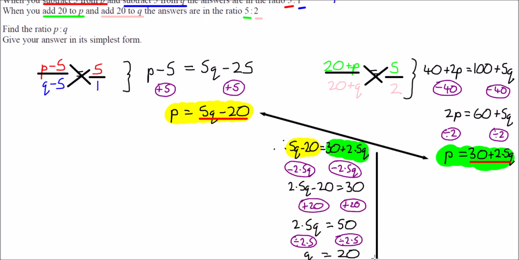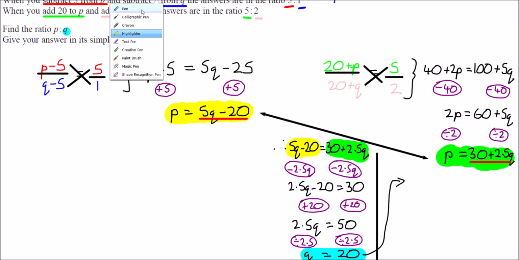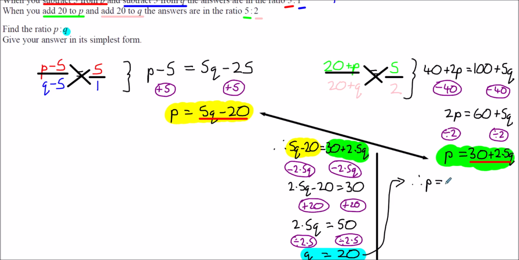Next, we need to work out what P must be. So we've got that Q is 20. We need to know what Q is, and we've worked out Q is 20. So how can we work out what P might be? Well, we've actually got two equations that relate P and Q. So if we now substitute Q into this yellow one, we can see that P will equal 5 times Q, 5 times 20,